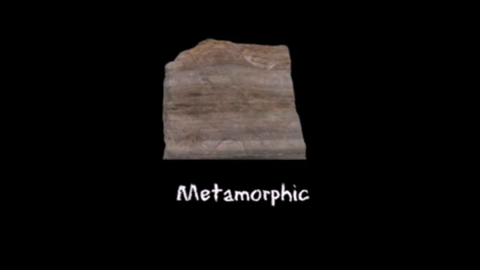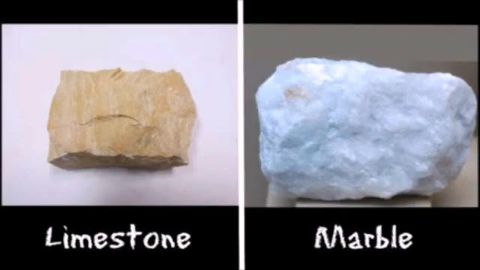Some features of metamorphic rocks are, first one is, they are layered, means they are formed in different layers, and they are the hardest of all the rocks. Next is, they do not allow the water to pass through them, the same as the igneous rocks. And they do not contain fossils. They also belong to the secondary groups of rocks, and some examples can be marble, which is formed from limestone,